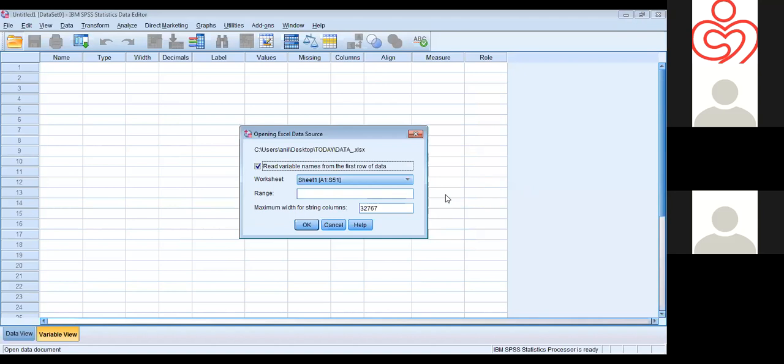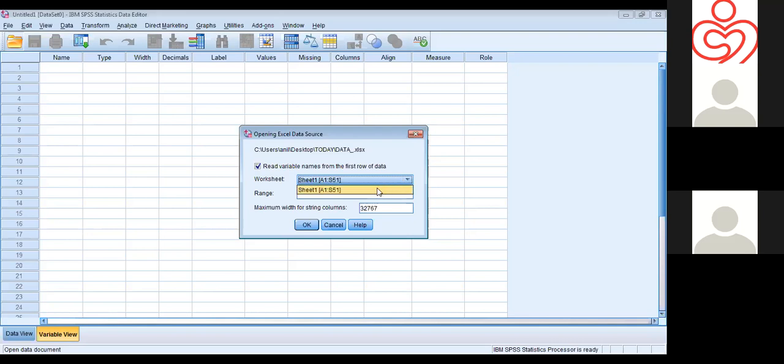I had the data in only one sheet, so I got only one option for worksheets. If we have data in more than one sheet, it will come like sheet 1, sheet 2, etc. From whichever sheet we want to take the data for analysis, we can choose that sheet.